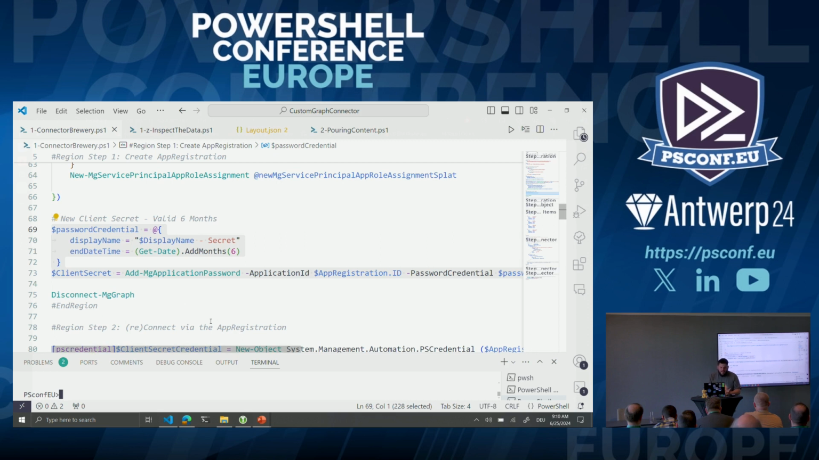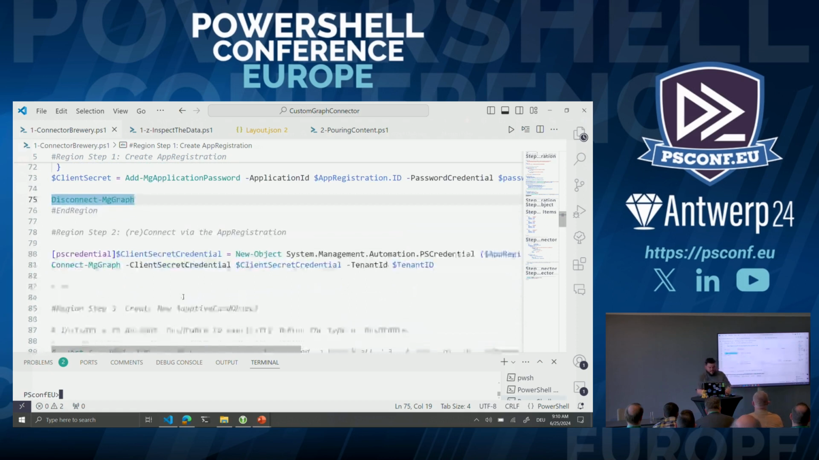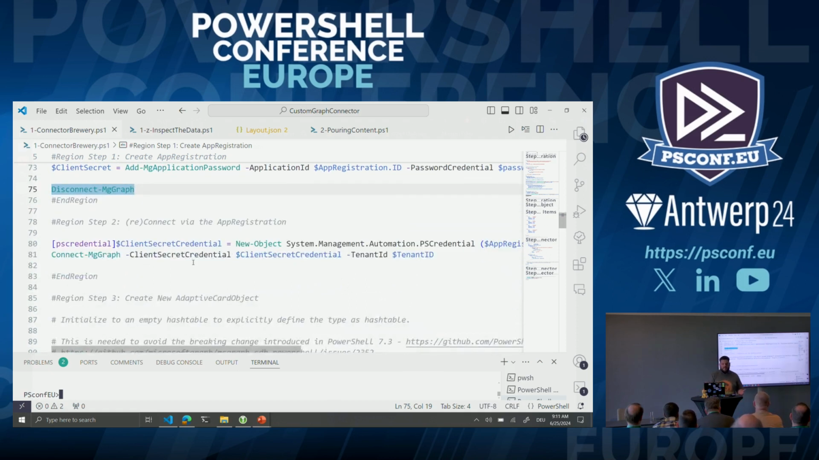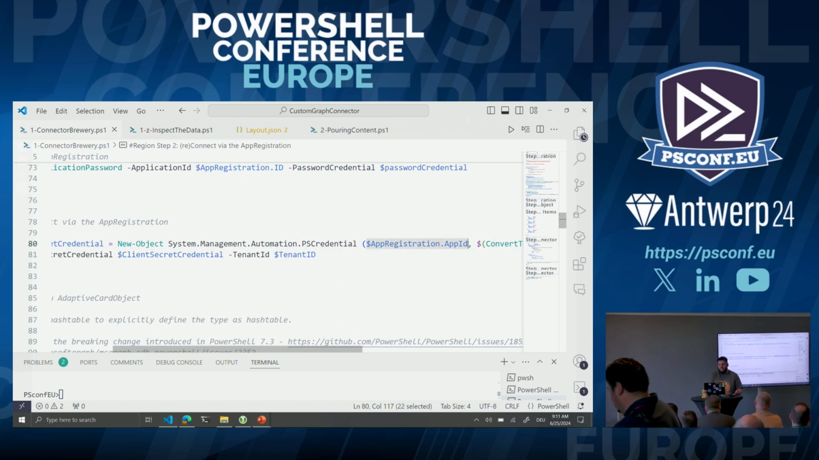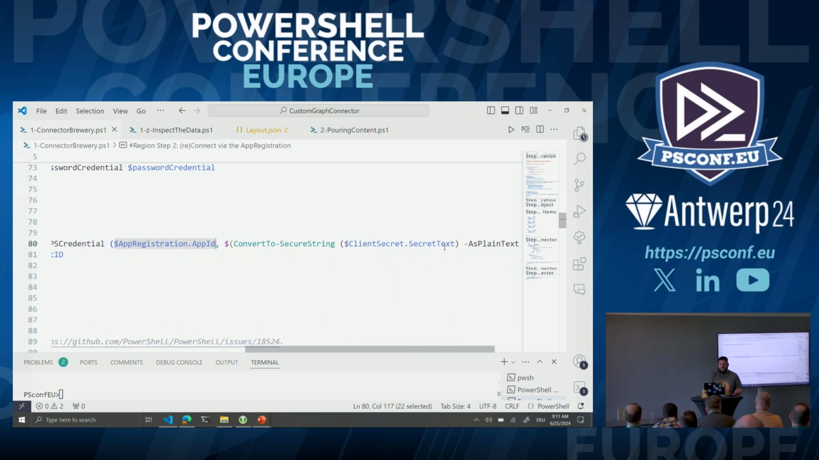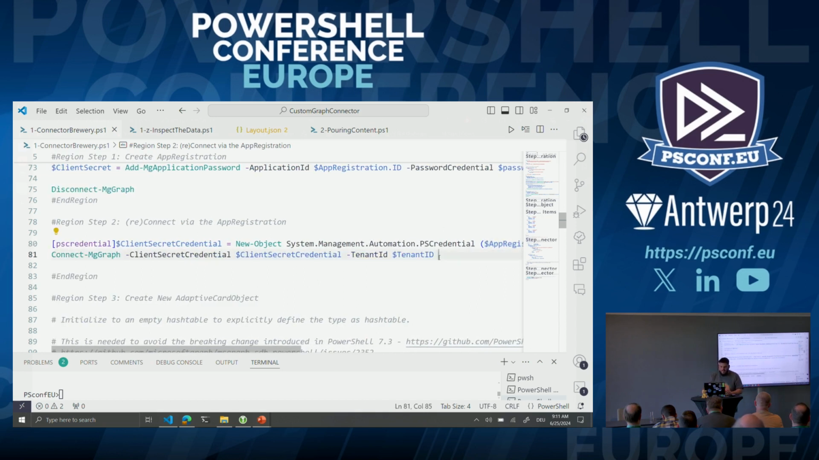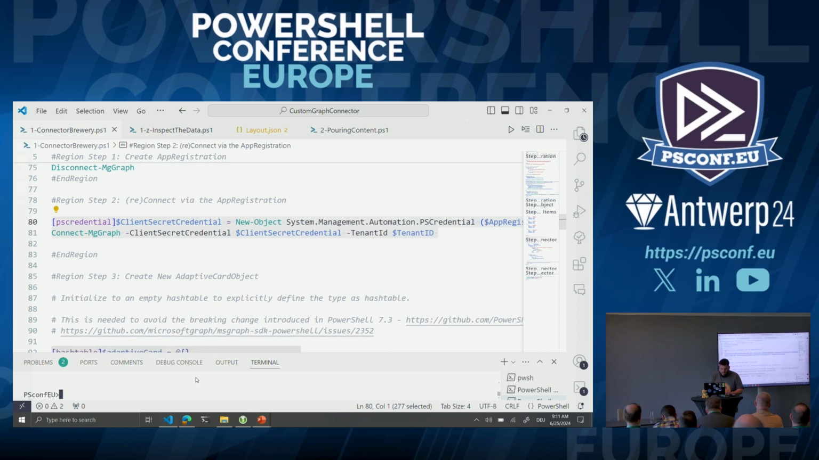Okay. As we have done this, we now can disconnect from our tenant. Please not. And now we have to reconnect with our app registration, with our new credentials. So I just spin up a new PS credentials object. I say, okay, this is my client ID right here. And afterwards, my highly secure password. And please, please, please, in real life, store them somewhere safe. So in this case, it's a demo, should be fine. And I won't upload any credentials to the GitHub. So, and we are hopefully